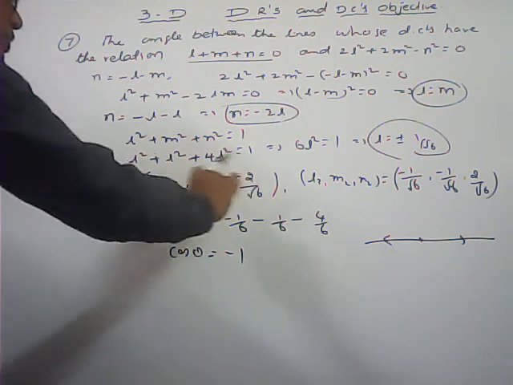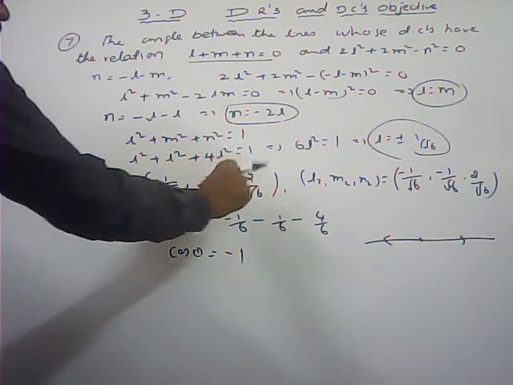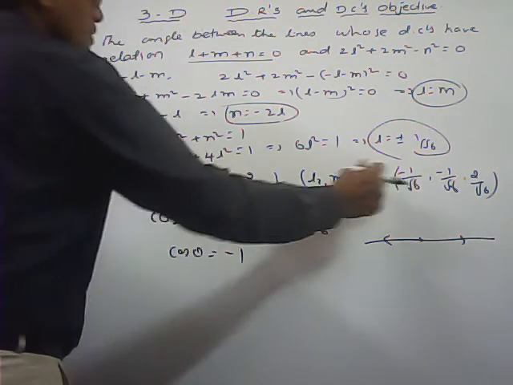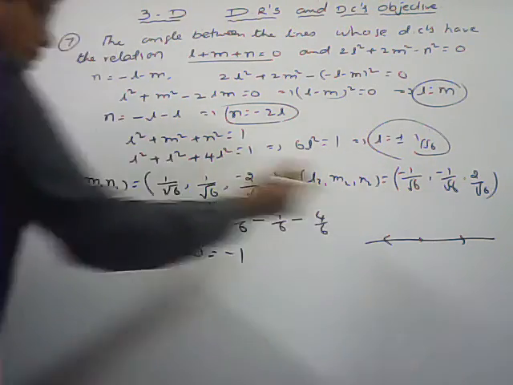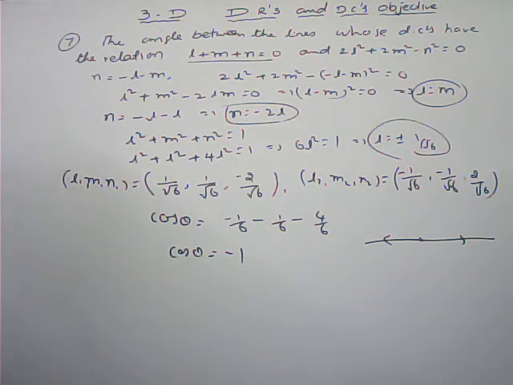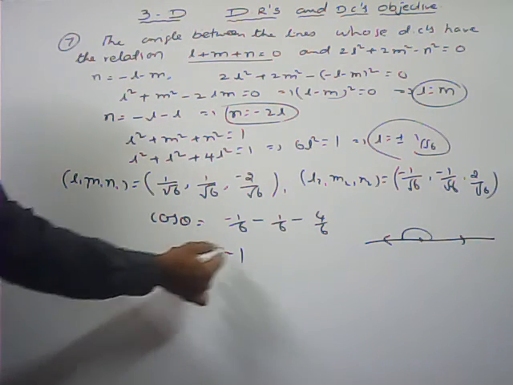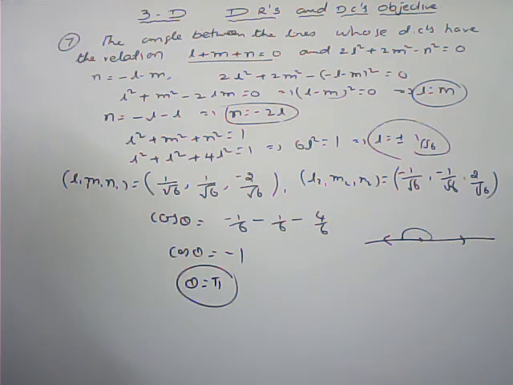Here the ratio also we got the same, but here all these are plus minus, that is multiplied by minus, the negative of this one only. These are the negative DCs of this one. That's why one is in one direction, another one in the opposite direction. Cos theta, then what about the angle between these two? 180 degrees. Cos theta is minus 1, so theta is equal to 180 degrees.